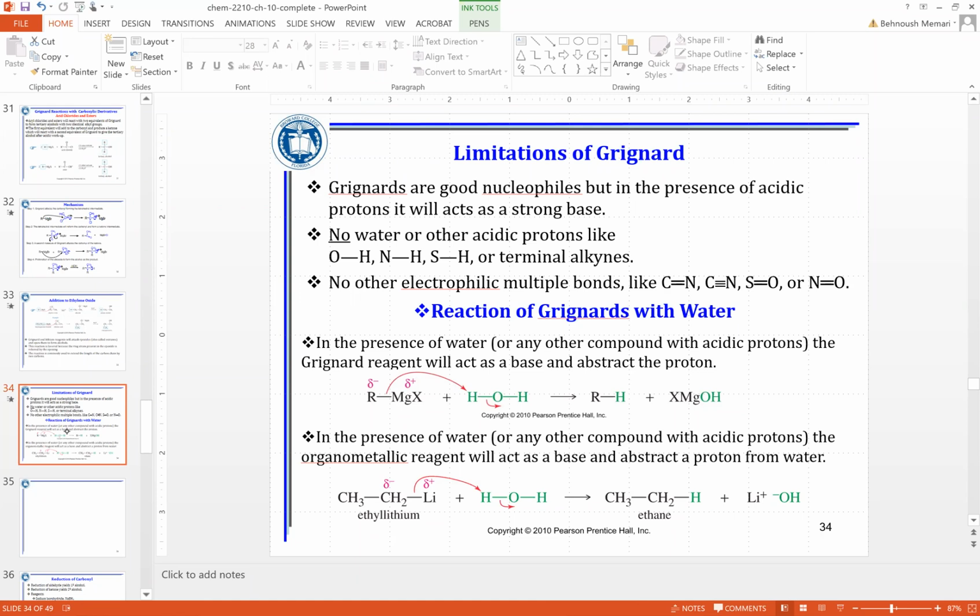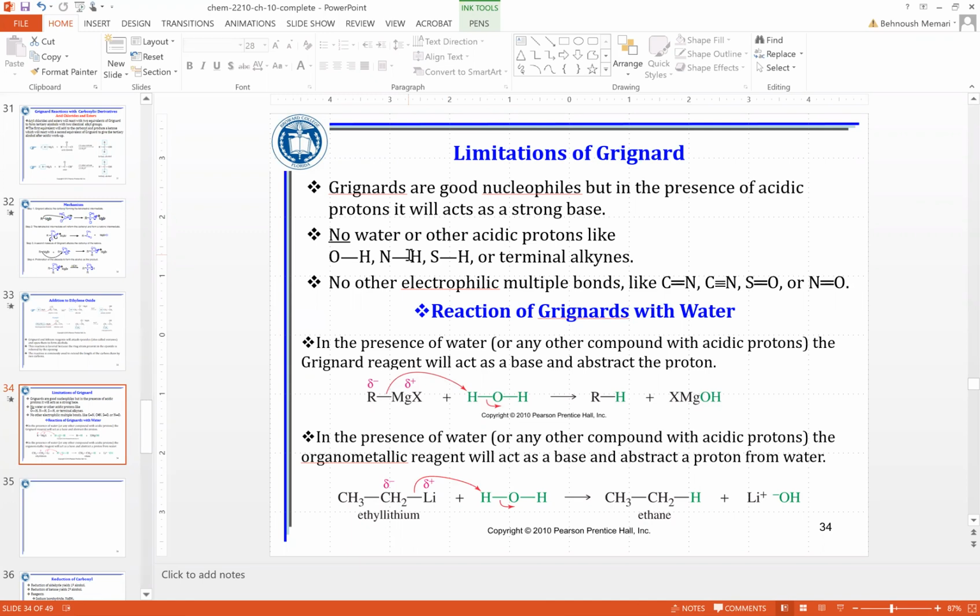Grignard, you cannot make it from compounds that already have OH, NH, or SH. Basically, these are going to destroy the Grignard reactions, or terminal alkynes, because it's going to destroy the Grignard. Since it's going to destroy the Grignard, you cannot use Grignard with this compound. So any acidic protons cannot be included in the molecule,